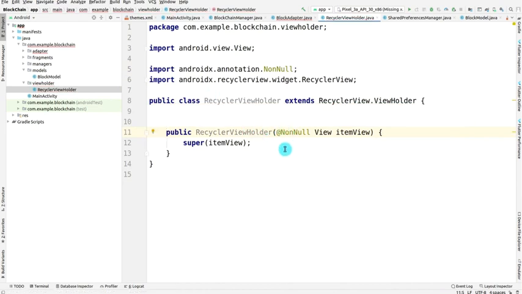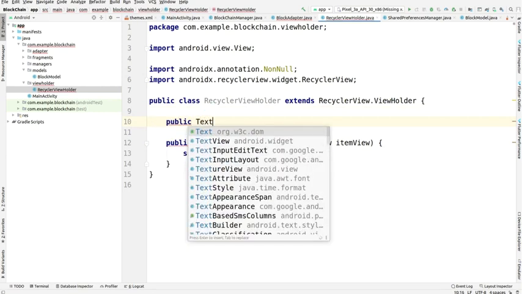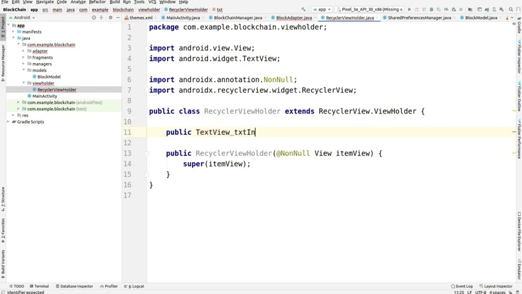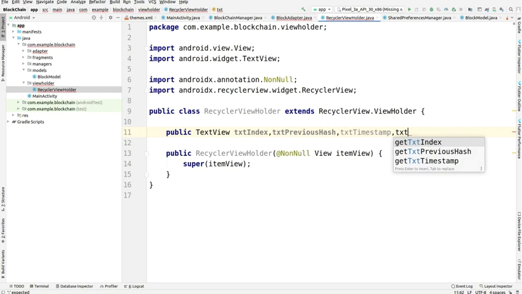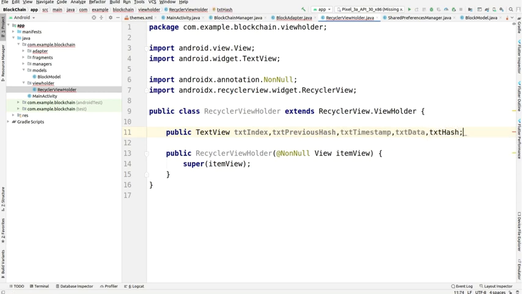So we have implemented the constructor here, and now we have to create some properties for this class, such as TextView txtIndex, then txtPreviousHash, txtTimestamp, and then txtData, that is our message, and then txtCurrentHash.